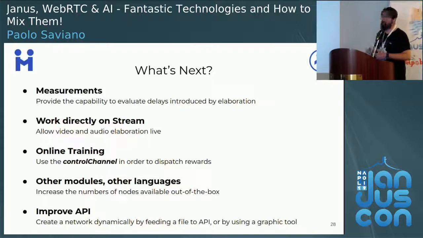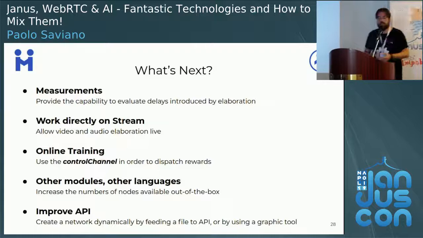And maybe we want to prepare this tool for a bit more complex machine learning scenario, maybe implementing online training using the control channel to dispatch rewards to the upstream nodes.